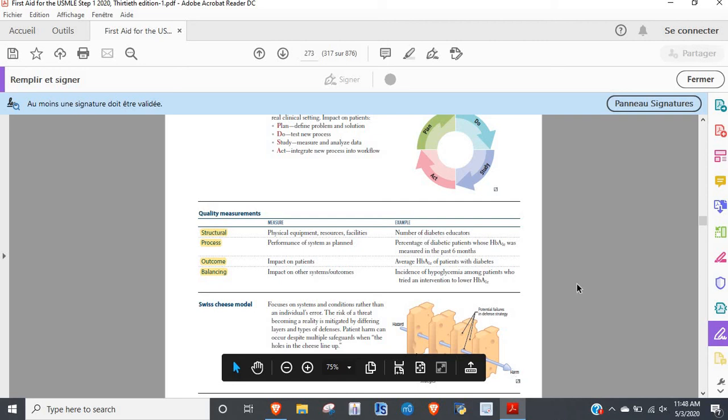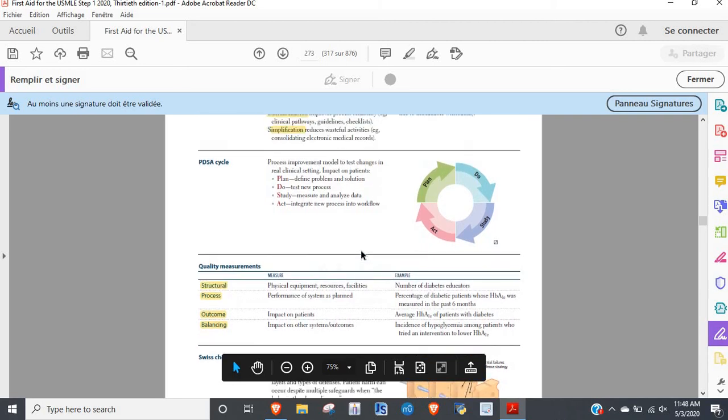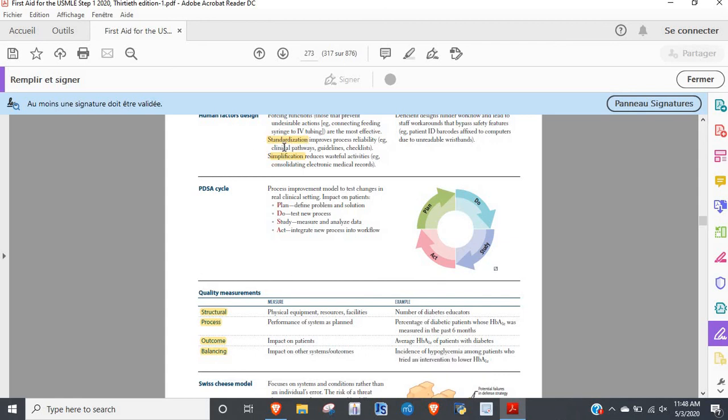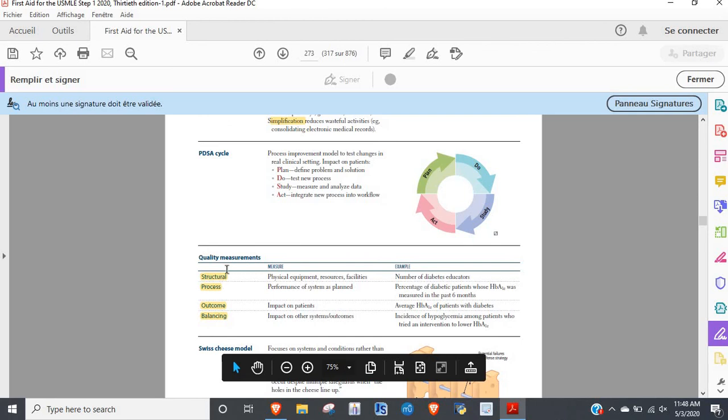All right. The big thing here is just understanding how they're going to ask these questions, if they do, and then just understanding how these things are measured. Pretty low yield,